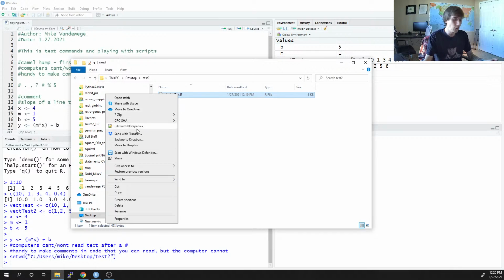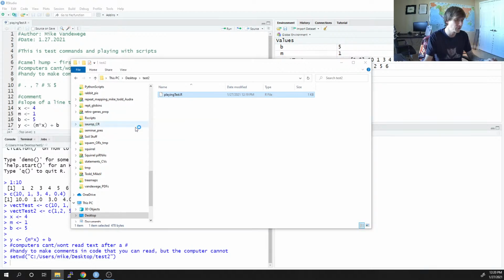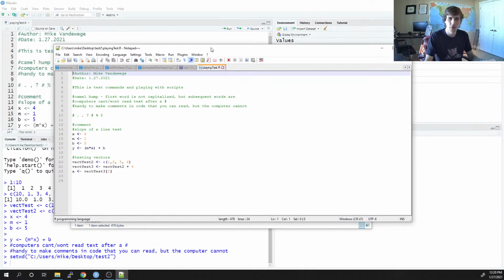My go-to is Notepad++, but I know for the Mac users, you don't have Notepad++. You have to find something else that's equivalent to it. But yeah, it's just a plain text file. It just has that extension .r. Right? It has all my hashes, has all my commands,